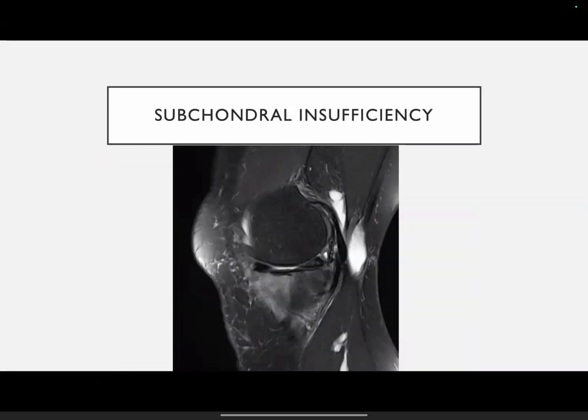So this is more pronounced. As we see, this is again a fat saturated sagittal image, and the bone marrow edema is out of proportion to any other finding, so we should try to look for a subchondral fracture line. In this case, which is a fat sat image, we can see cartilage thinning along the tibial aspect of the medial tibia, and we can see a hypointense fracture line underlying the chondral